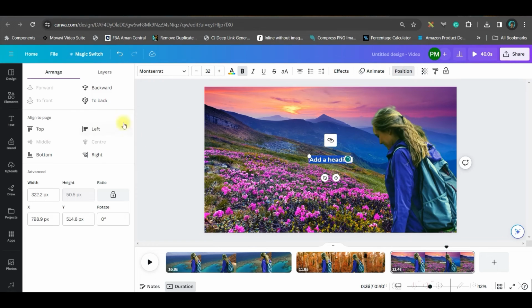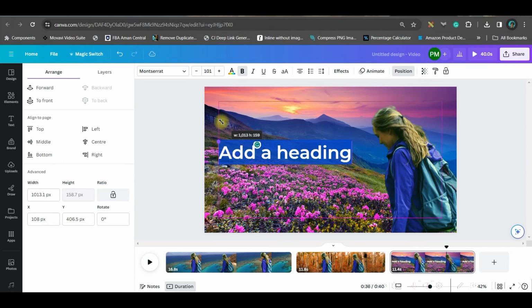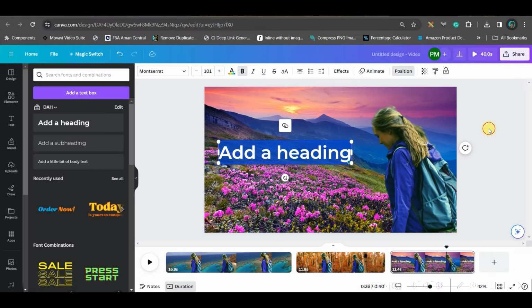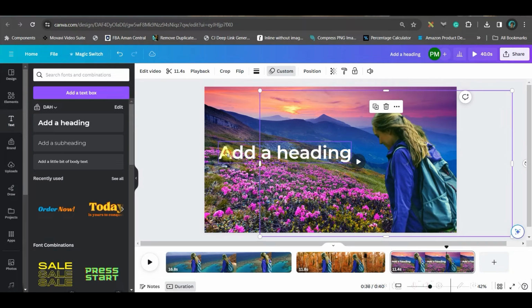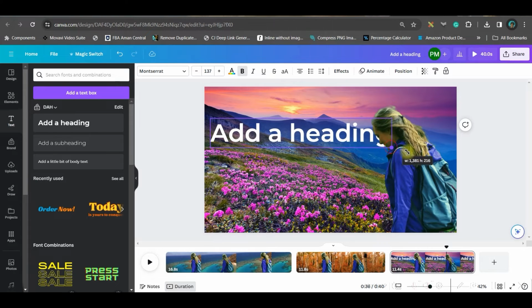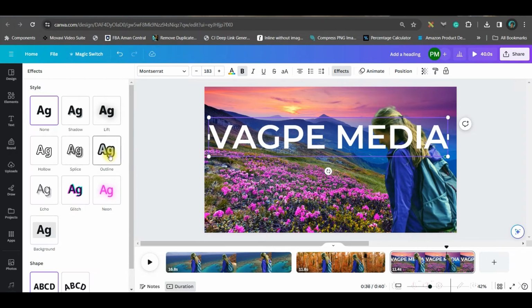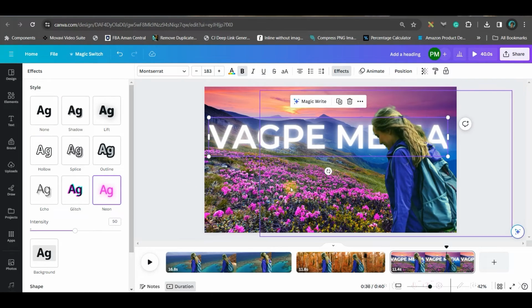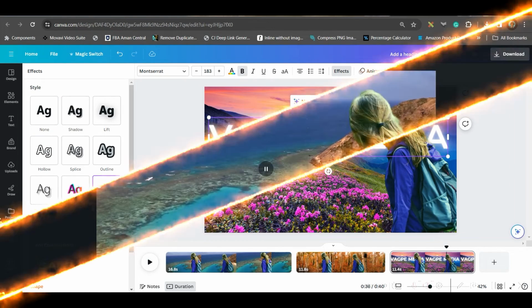Okay, you can position it to back so that it goes at the back. Okay, see, this is at the back. It will remain at the back. I can go for this effects. I can give it a neon effect, and then if I show you,